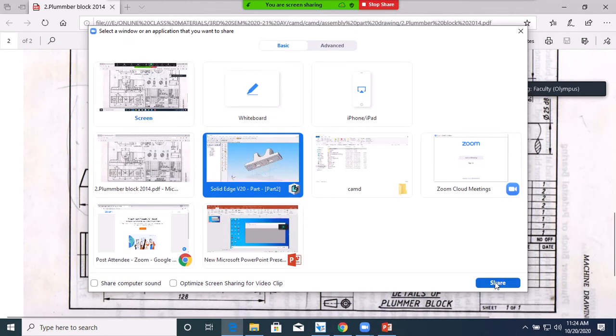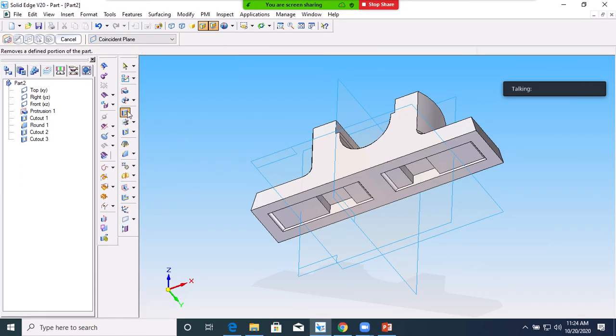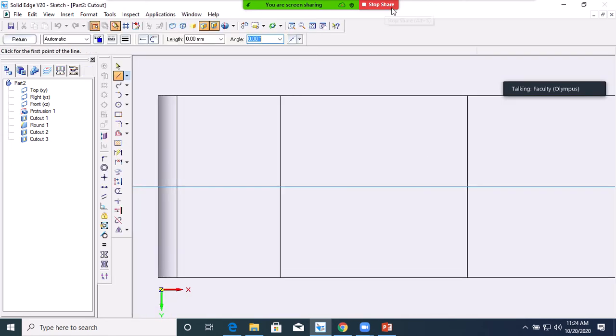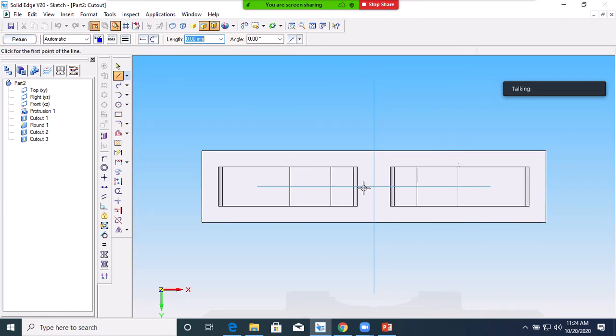Okay, select this, select cutout. You have to select this new surface. Here, where you have to start the drawing, take 31 mm from the center, take a circle. So from this you draw a 10.5 mm circle.